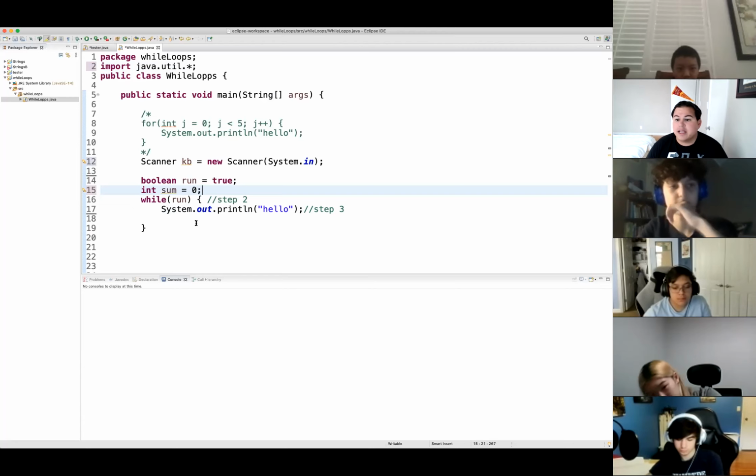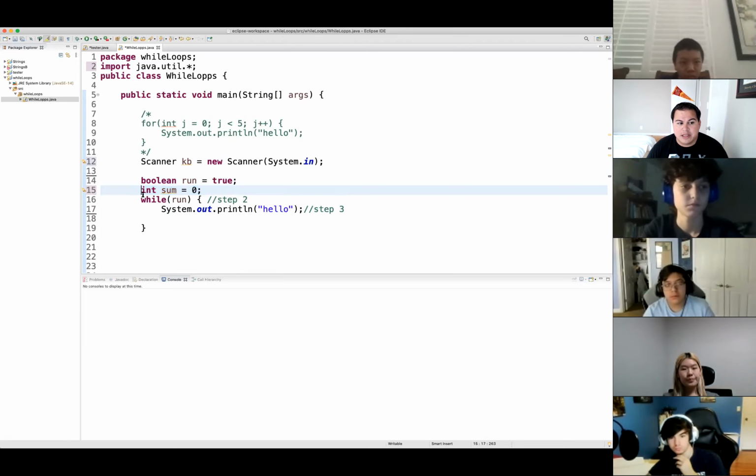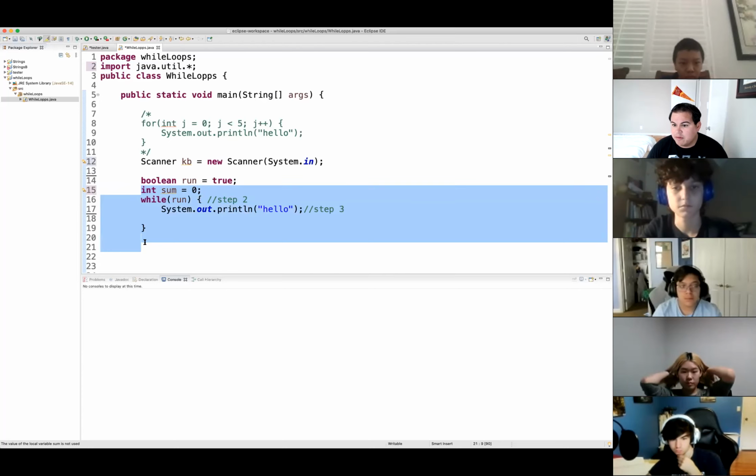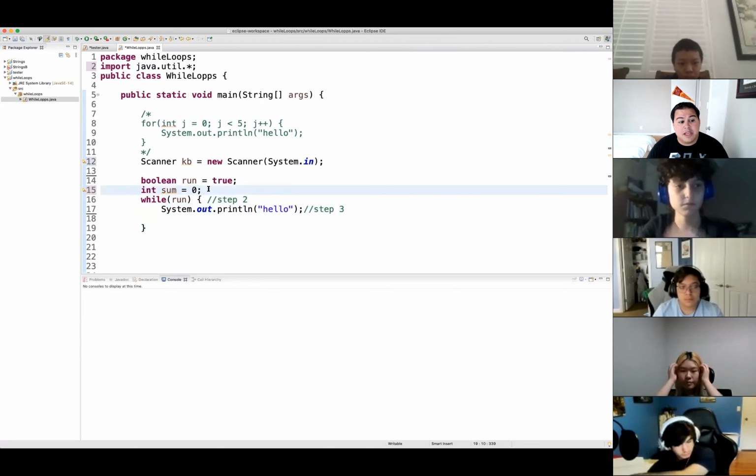Again, guys, I'm being honest with you. On the AP, just get this in your head. You will have an AP portion because usually what they do with the FRQs is they break them down into portions A and B. Literally, this will be all of an A or all of a B. You will get 3 points just for knowing you have to cycle through something and how to cycle through it. Okay, so int sum equals 0.